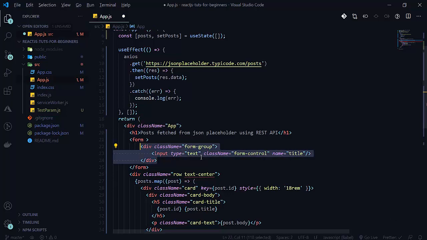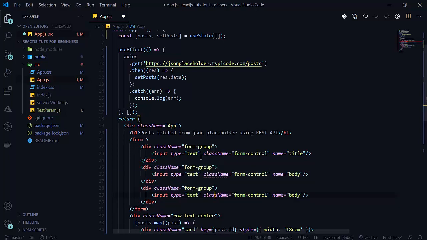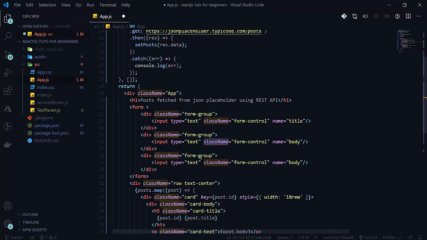So let's see here. Our input will be the same, with the same class name, but the name will be body. So again there will be our same input here. Nothing is an error. Here will be our submit.